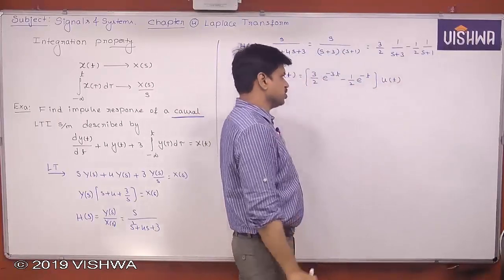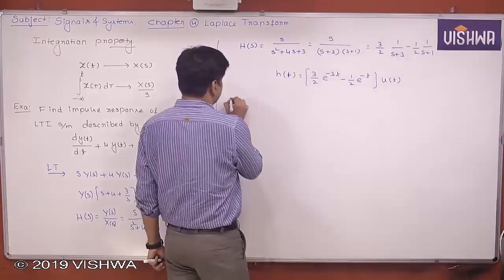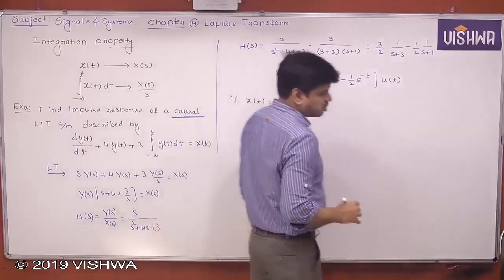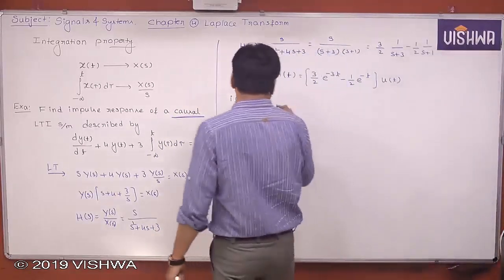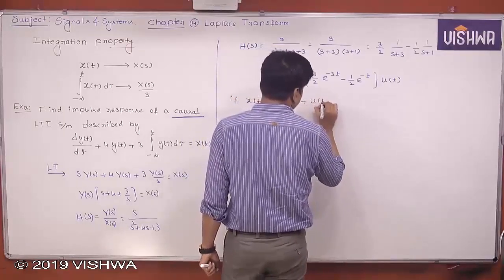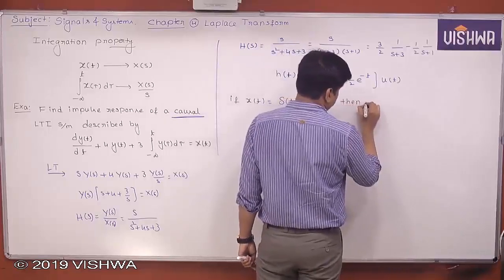That is h(t). So, continuing with this one, if x(t) is equal to delta(t) plus u(t),